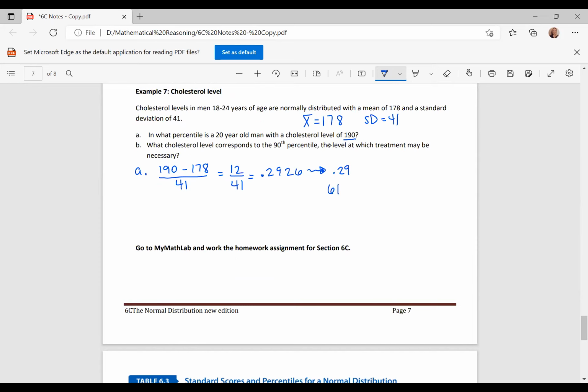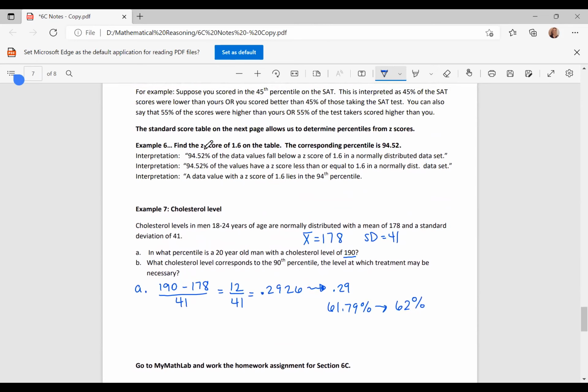So 61.79%, which is the 62nd percent. So if we go back and look at the interpretation of that, instead of saying